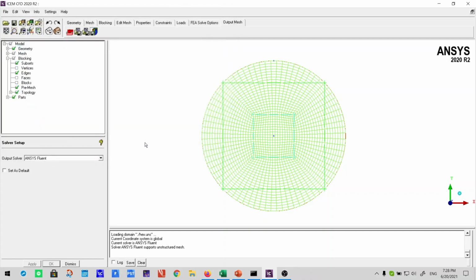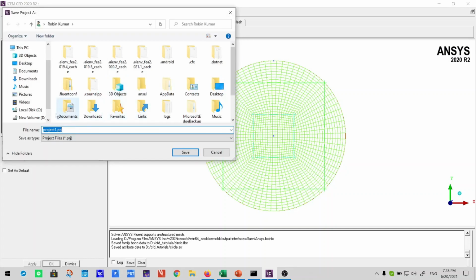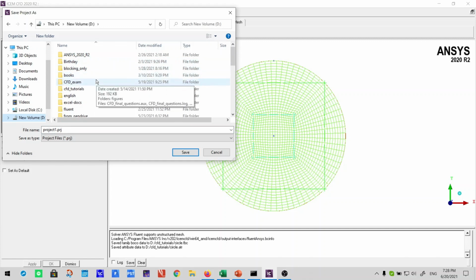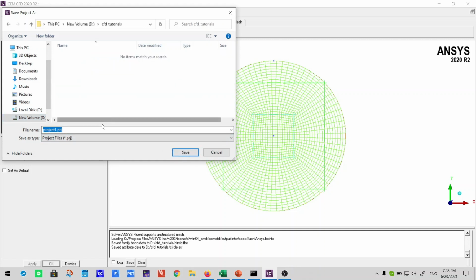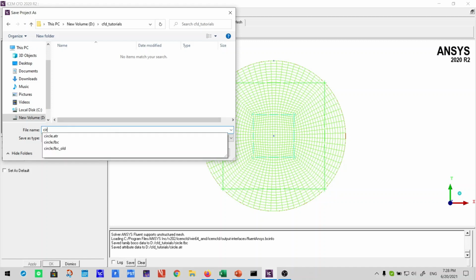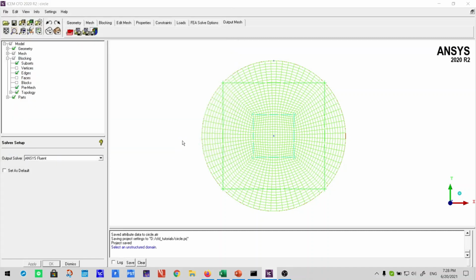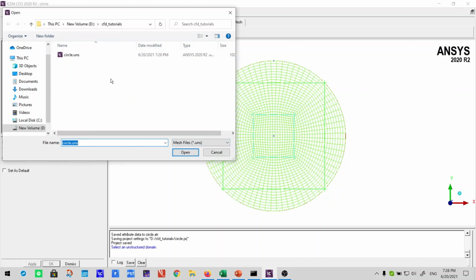Save. Now it will ask me to go to the same CFD tutorials. I'm going to open this and save the project .prg, and this is asking now